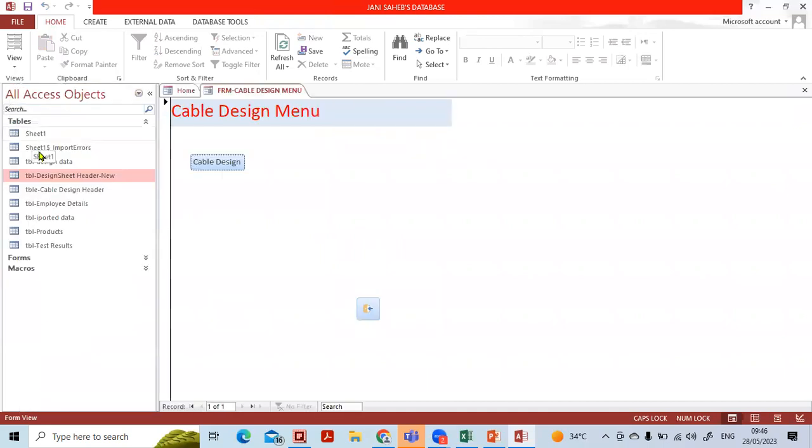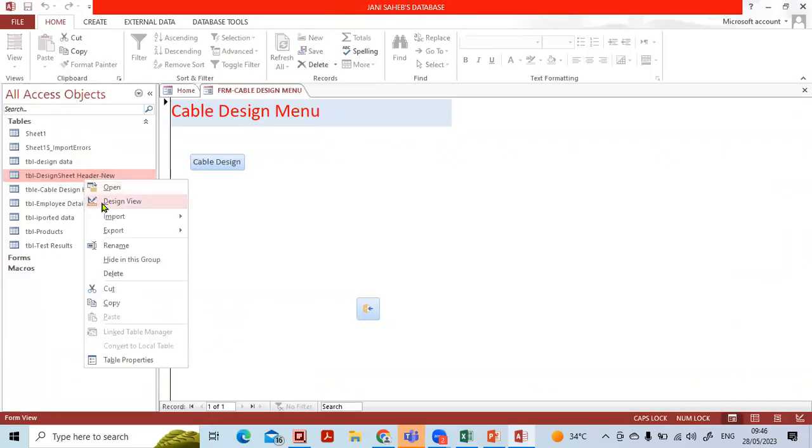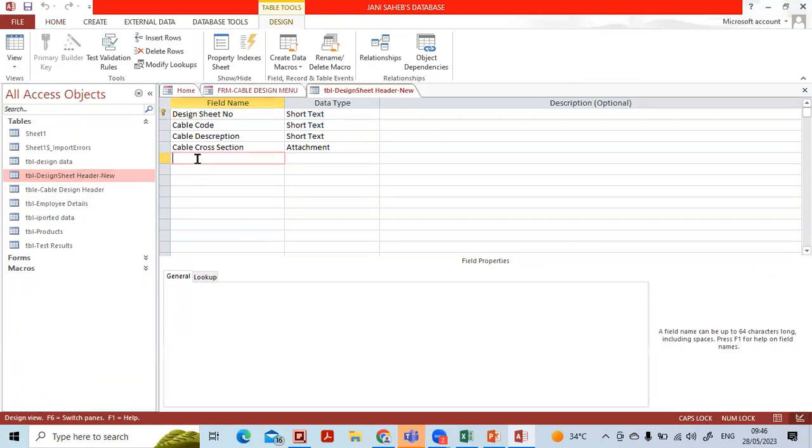Now what do we do? We go to next table. So next table, what is it? We want to link this one with this one. Okay. There is one more parameter we'll add. I just, okay, again open. There is one parameter we'll add. What is that? Revision. What is the revision